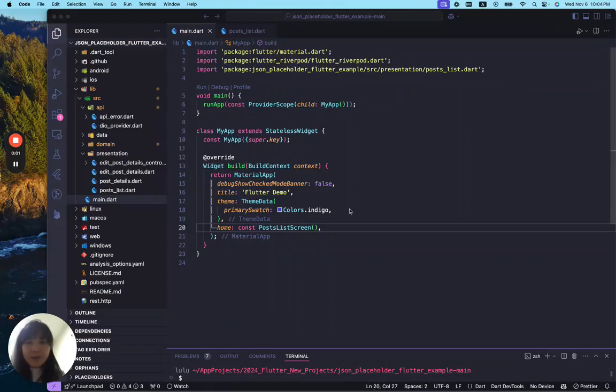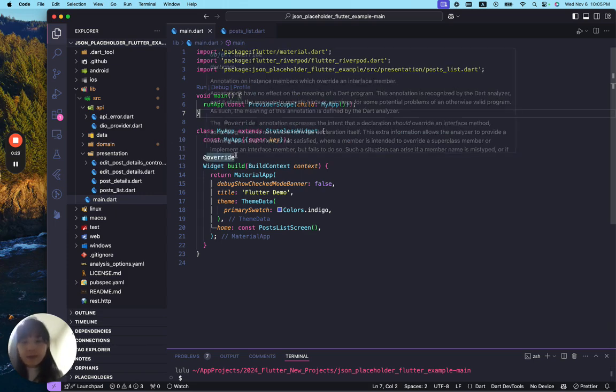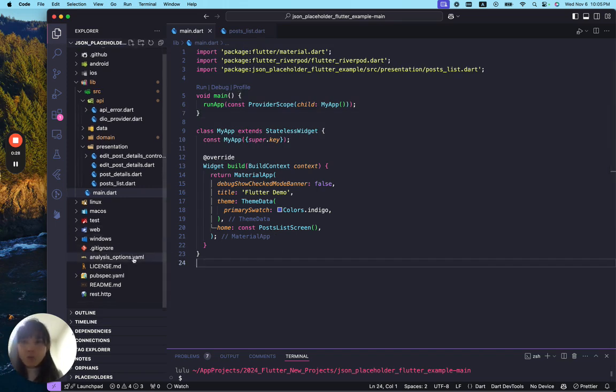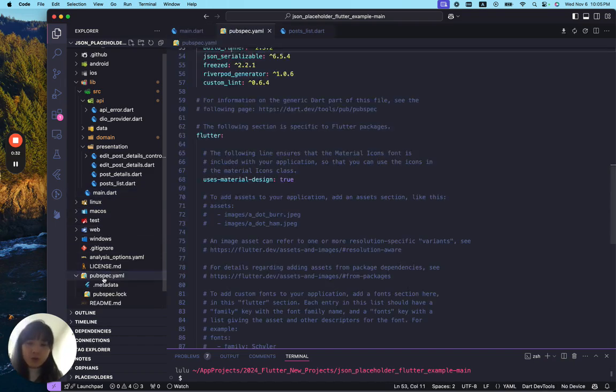Hello everyone, and in today's video I'm going to go through a code overview quickly for a sample code where we use Riverpod to fetch data from a JSON placeholder, basically to inquire data, fetch data from a JSON-based API and display it in your Flutter app. So when you first open the code base, usually let's go to this